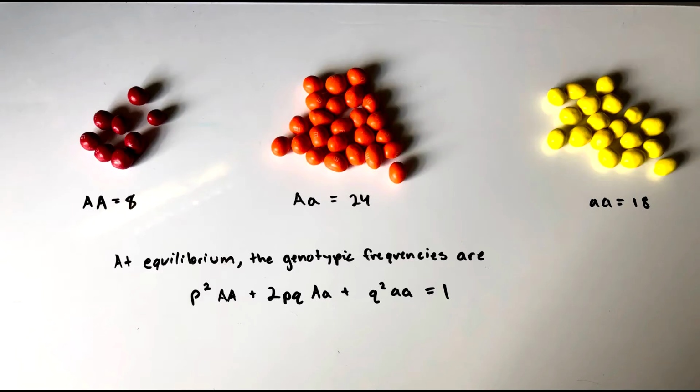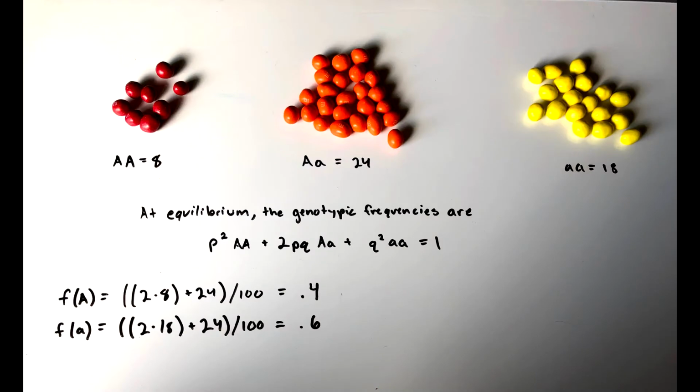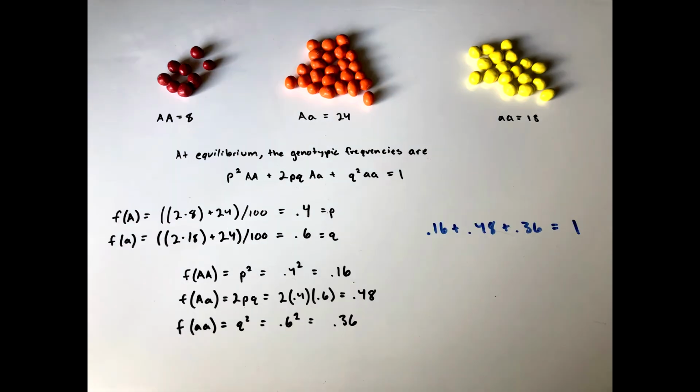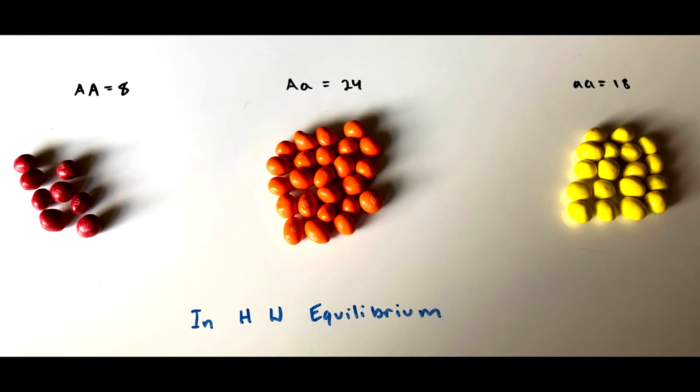I know this population is in Hardy-Weinberg equilibrium because at equilibrium, the genotypic frequencies follow this equation and are equal to 1. This equation is true for the population of peanut M&M creatures shown. The frequency of the big A and little a alleles was calculated. P is used to represent the frequency of the big A allele, and Q is used to represent the frequency of the little a allele. The values for P and Q are then used to calculate the frequency of each genotype. The genotype frequencies can be added together in the Hardy-Weinberg equation and are equal to 1, proving that this population